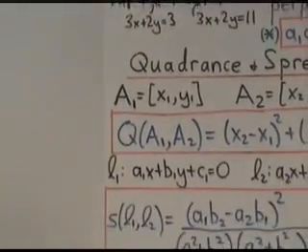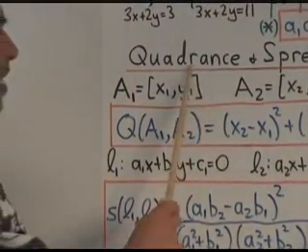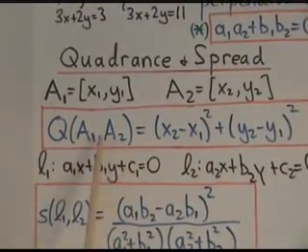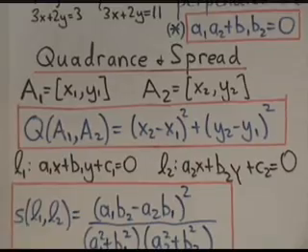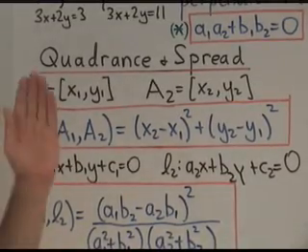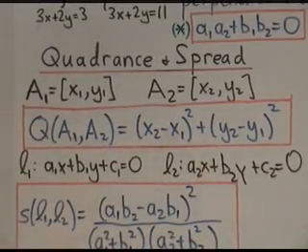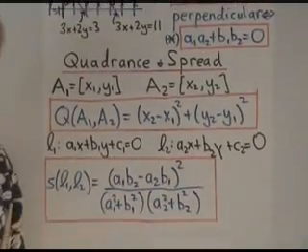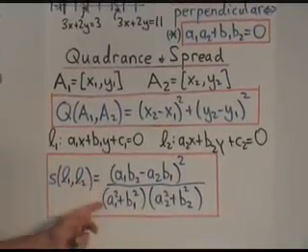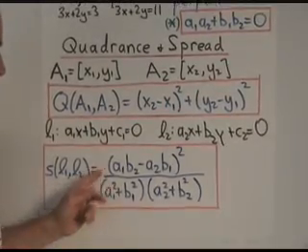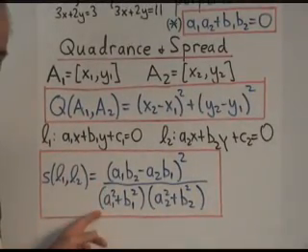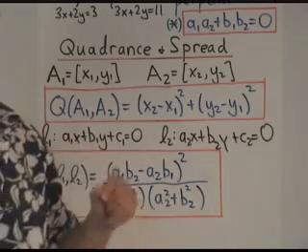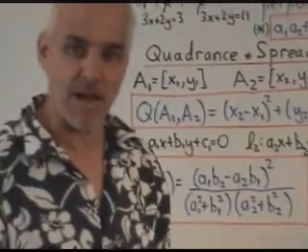Finally, our two main measurements. Quadrance and spread. The quadrance between two points is this familiar quantity here. In Cartesian coordinates, we don't have to talk about distance. It's a purely algebraic quantity. The spread between two lines turns out to be this quantity. We're going to have to talk a little bit more about this, why this definition of spread is the same as the one that we've already talked about many a time before.